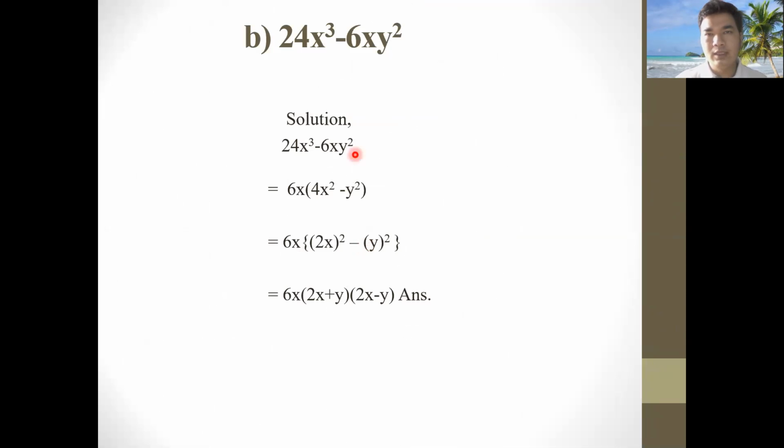Now next, see here: 24x cubed minus 6xy square. Solution: 24x cubed minus 6xy square. First of all, take out what is common. 6x is common, then 4x square is left here, because 6 fours are 24 and x square is left from x cube. And here minus, 6x gone common, then y square is left. Write the same outside, the common one, and convert this to a square: (2x) whole square minus y whole square. This is a, this is b. This means the a square minus b square formula. Write again: 6x, then (2x plus y)(2x minus y), because this is (a plus b)(a minus b). I hope you understood.